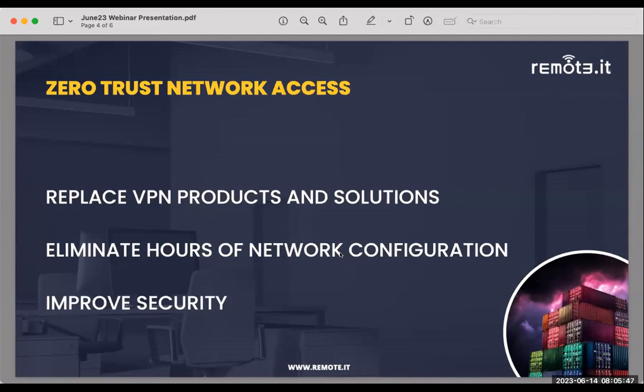And while we offer better connectivity and less work and overhead in managing it, we also improve security. We eliminate external attack surface. We implement zero trust by allowing you to granularly assign permissions to specific services and not entire subnets. And we eliminate all the potential manual configuration errors that can happen with a typical VPN solution.